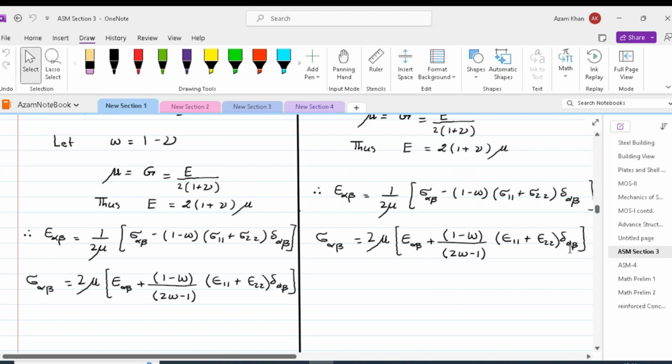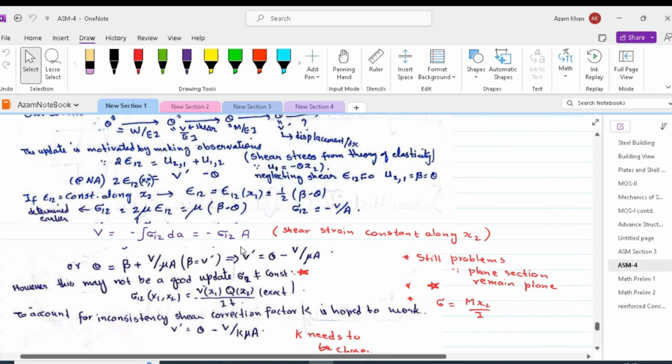Now in the case of shear, when α is not equal to β, the Kronecker delta will nullify the second term and we get σαβ equal to 2μ εαβ. That is true for both plane stress and plane strain problems. Thus, we can write σ1,2 is equal to 2μ ε1,2, or